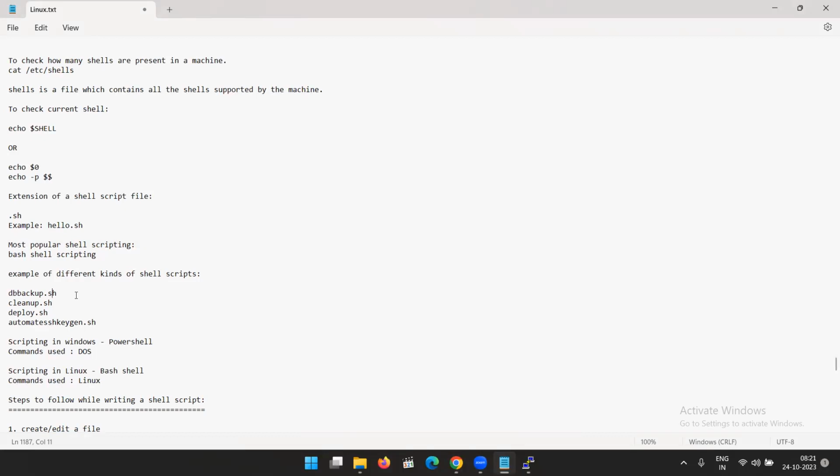Like the most popular shell scripts in our organization, what we create for. Like database backup, dbbackup.sh. Okay. Then cleanup. If I want to do cleanup, cleaning up some system, so cleanup.sh. Then deploy. If I want to deploy something, deploy.sh. Automate SSH key generation. If I want to generate some key for a Linux machine, so I'll write a file, okay,